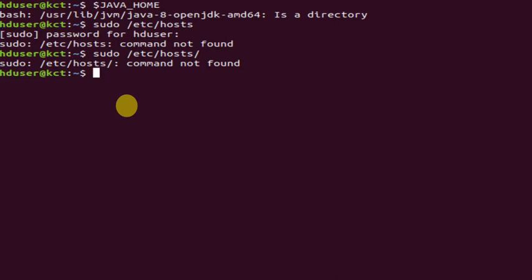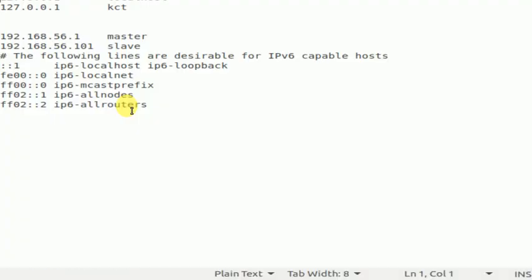Okay. The thing is, I didn't specify any editor. Right, here you see,